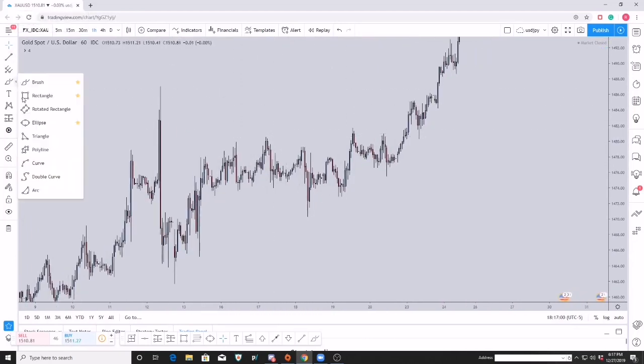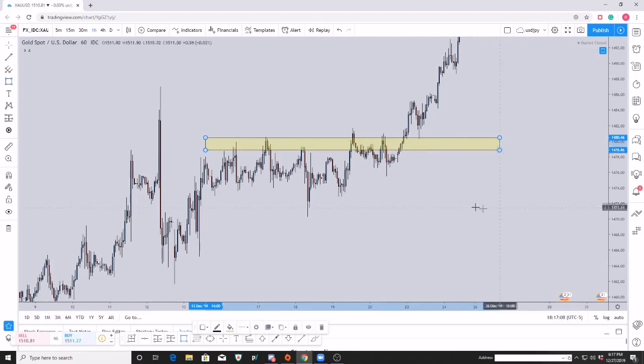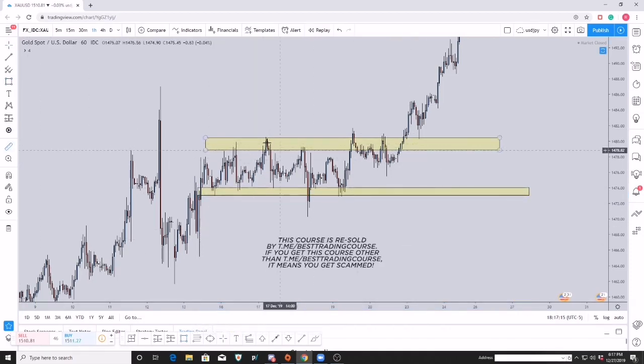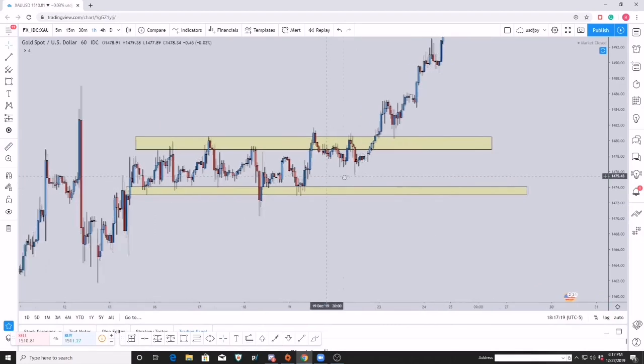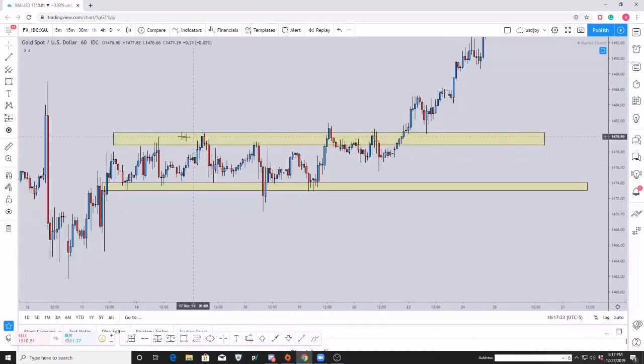When it comes to ranges, they're more or less zones. So you want to draw out your highs, which would be somewhere around this level over here, and you want to draw out your lows, which would be somewhere at this level down here. As you can see, this range from the high to the low is about 70 pips. So you can definitely take advantage of these opportunities and go short on the highs and long on